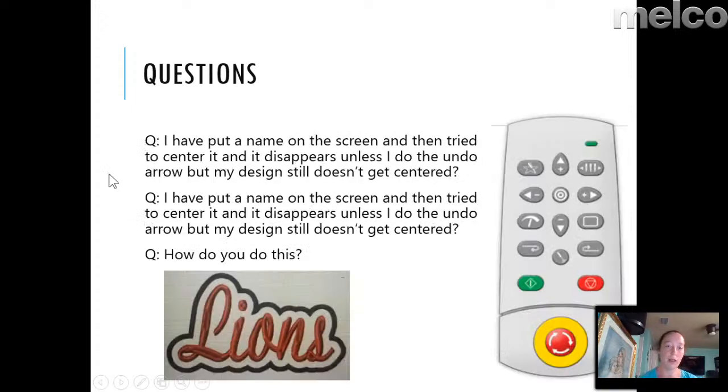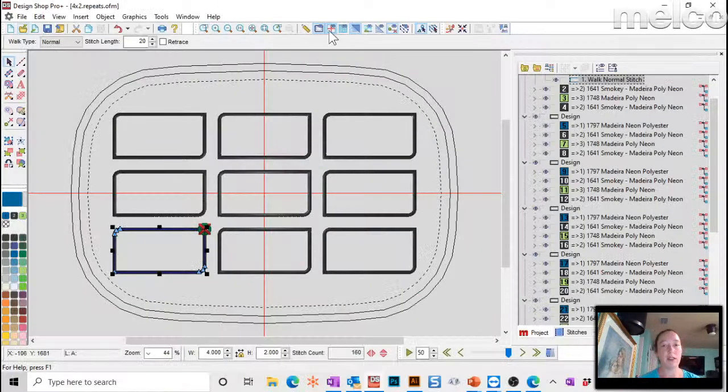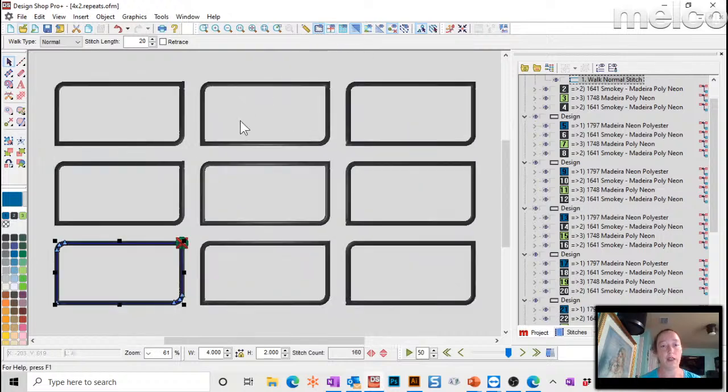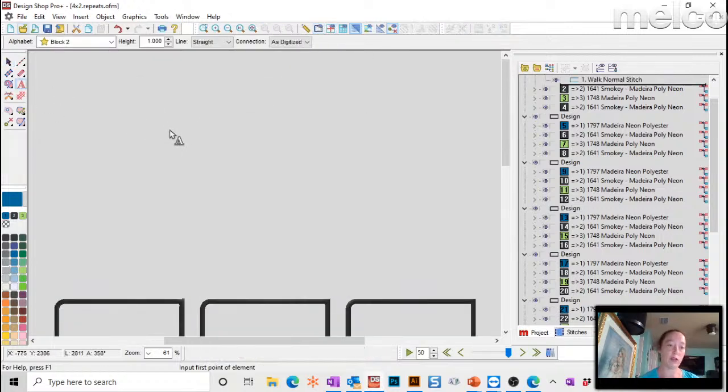All right. I put a name on the screen and then tried to center it. It disappears unless I do the undo arrow, and my design still doesn't get centered. Why is that? That was what I was just showing with, so if I just open up DesignShop, right, and somewhere on the screen I type a name, right,